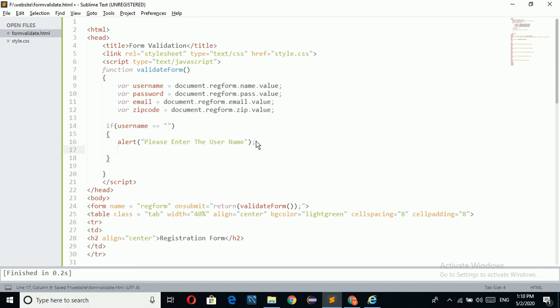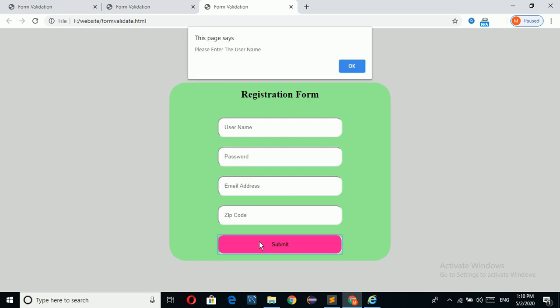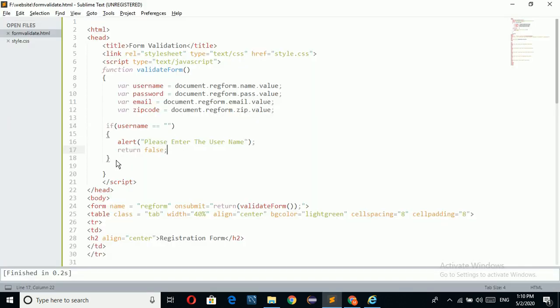So it is displaying the message to the user. Now I am going to check this one. Here it is displaying please enter the username.